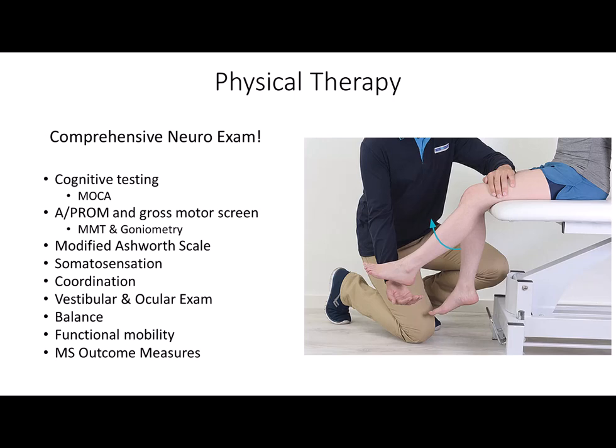Physical therapy is going to consist of a comprehensive neuro exam. One of the reasons why I like to cover multiple sclerosis last is it can affect all body systems. So you're going to do cognitive testing using something like the MoCA that we covered last semester. You're going to do a full active and passive range of motion screen, and if needed, manual muscle testing followed by goniometry. You should also test for spasticity using the modified Ashworth scale, somatosensation, light touch, sharp dull, proprioception, all of these things that we covered last semester, as well as coordination testing,